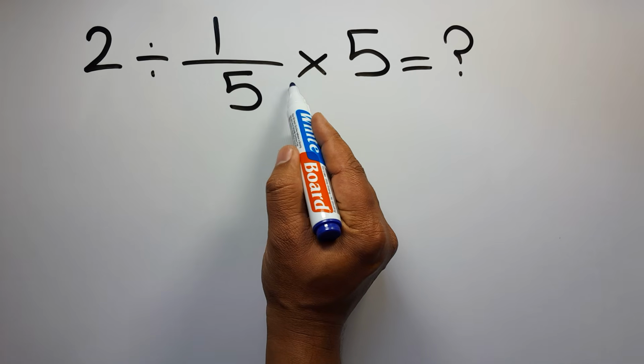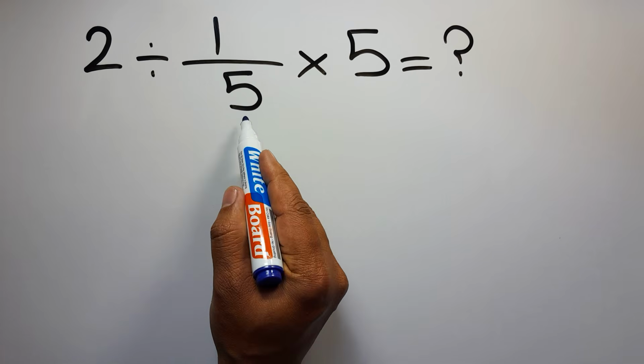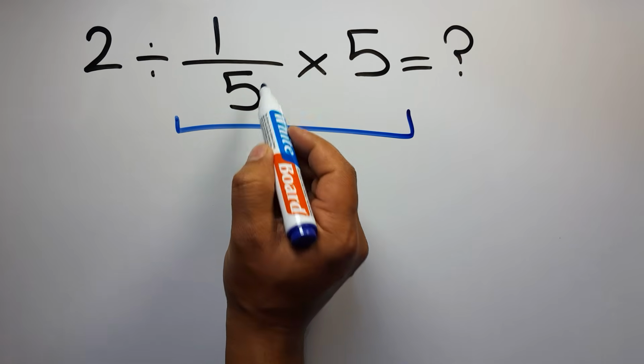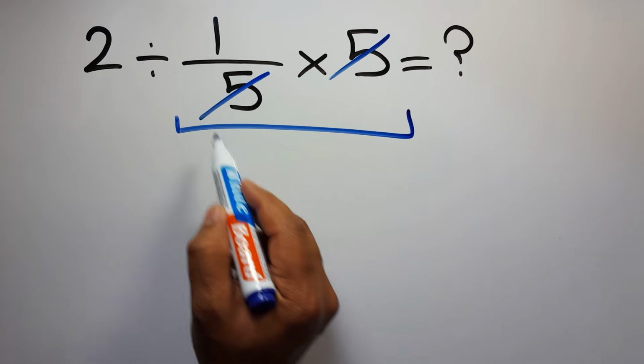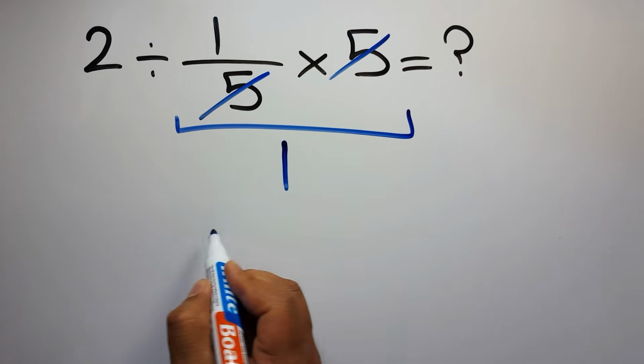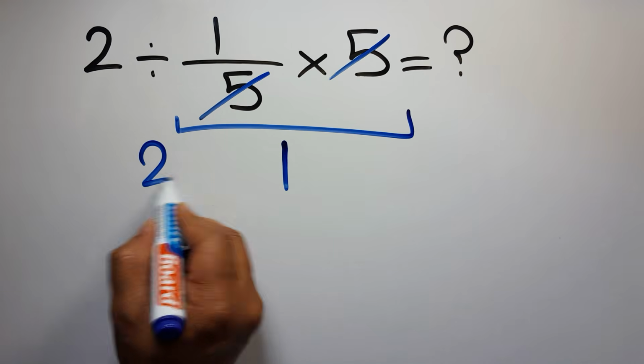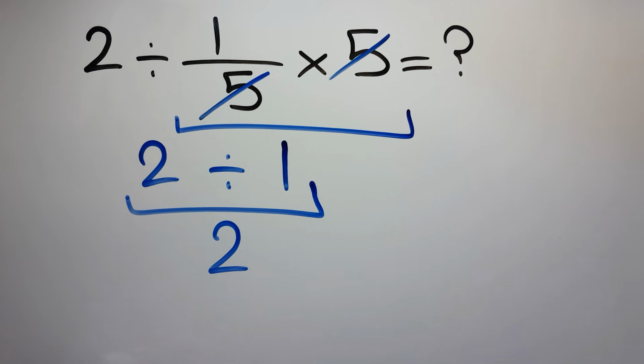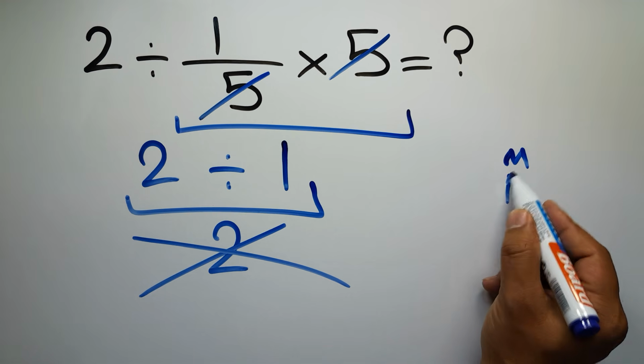First, we have to do this multiplication: 1 over 5 times 5. We can easily cancel this 5 and this 5. So here we have just 1. And 2 divided by 1 equals 2. But this answer is not correct because according to the order of operations, multiplication and division have equal